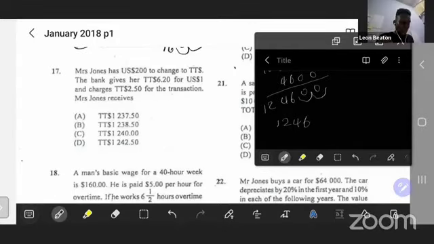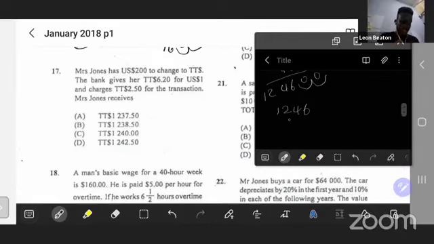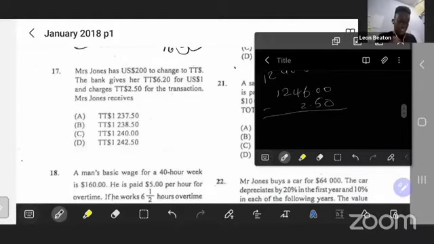But don't be fooled. They didn't give us that option, but remember, they charge TT $2.50 for every transaction. So it means we have to subtract $2.50 from here. So let's put 0, 0 in the places of those. We have to subtract that from here. So when we subtract that,